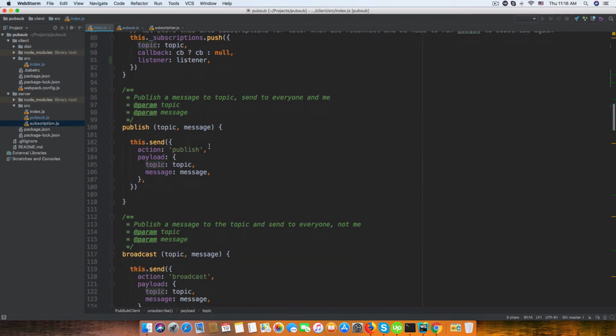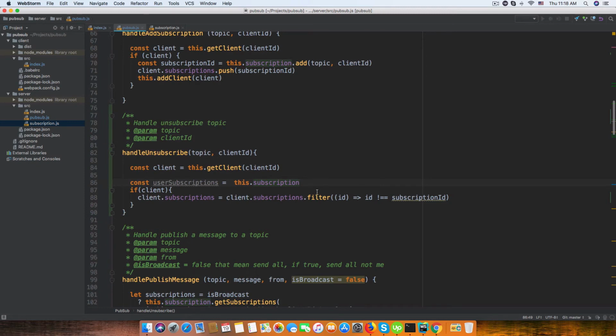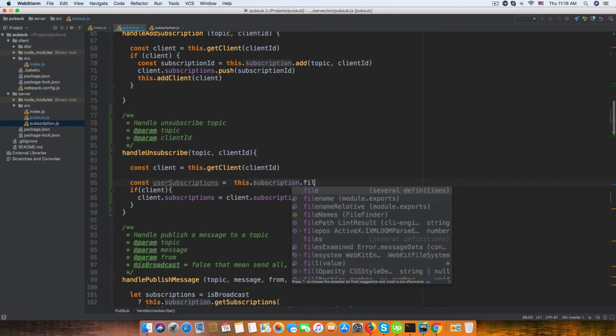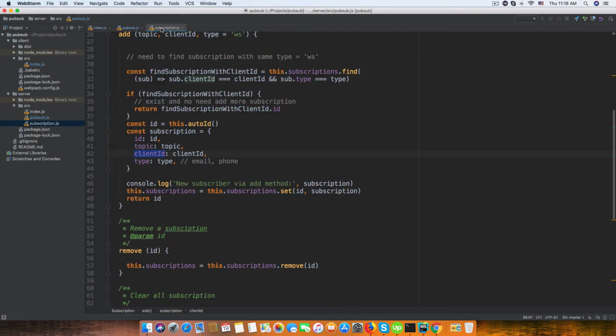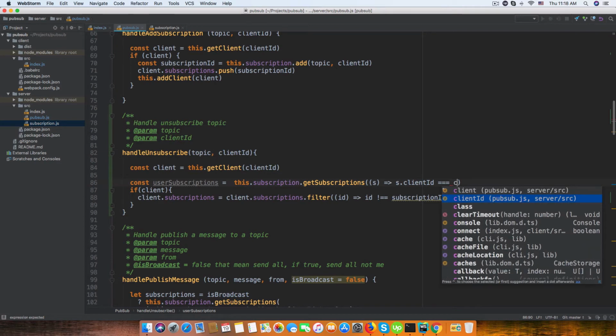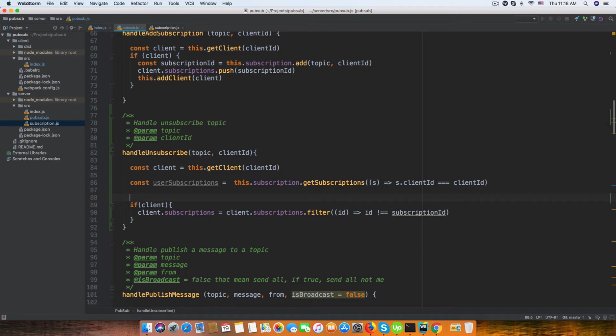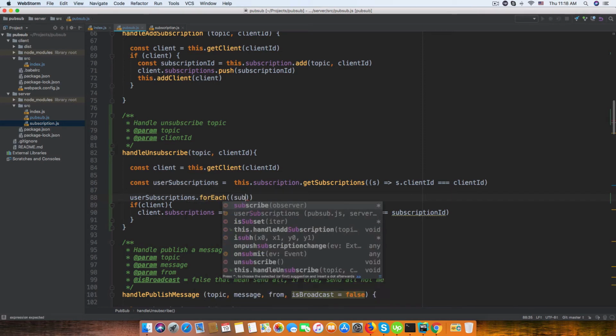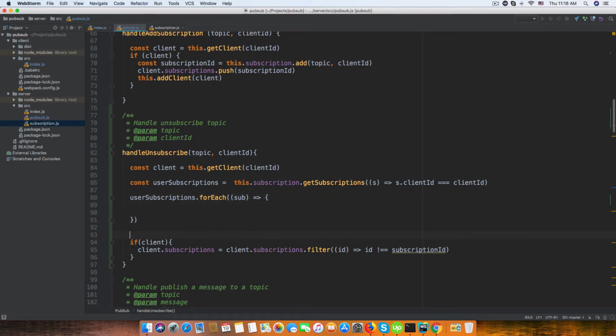So simply in the PubSub function handle unsubscription dot filter dot get subscription. It should be called a function get subscription, and our filter with add subscription return add dot client ID equal exactly client ID. Right, cool. So now we need to do user subscription dot forEach. We loop everything by subscription. Now client,